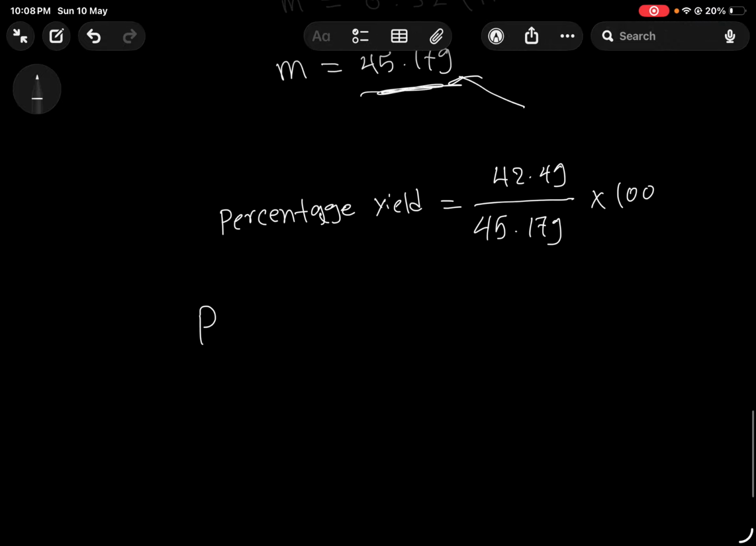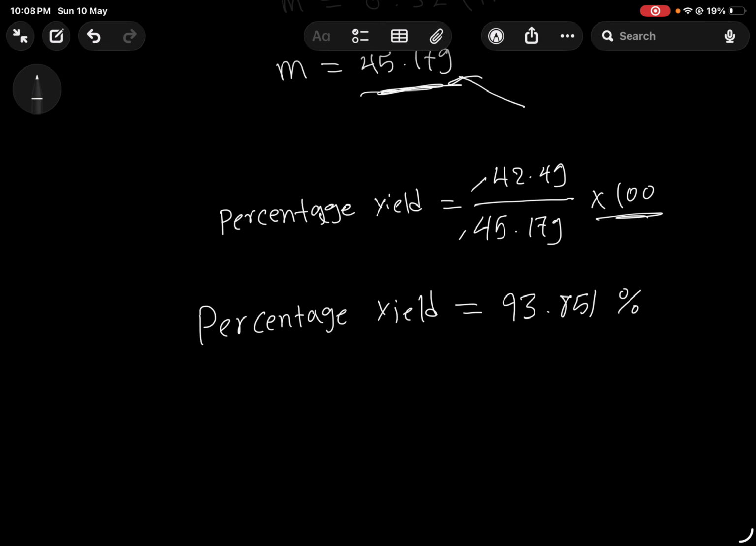Now if you use a calculator, the percentage yield is equal to, if you divide this number by this number and then multiply that result by 100, you will get 93.851%. So make sure to add the percentage symbol in here to represent that we will have 93.851% of the